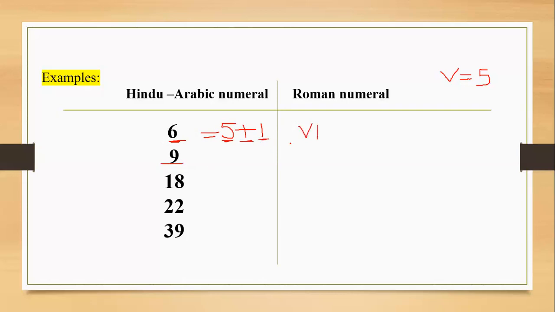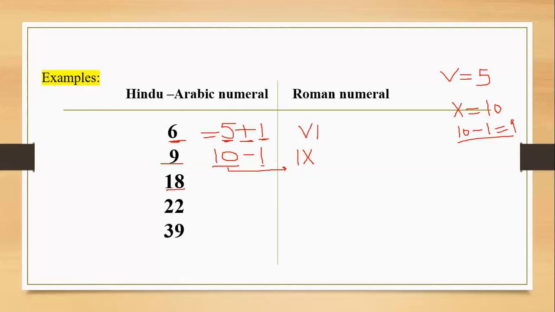Now next, we have to write the number 9 as a Roman numeral. We know that the standard symbol for 10 is X, and X represents 10. If you do 10 minus 1, it is equal to 9. Here we are subtracting, so we write 9 as 10 minus 1. For the 10, we have the standard symbol X. Children, whenever you are subtracting, you have to write that 1 on the left side of the number 10. So for the 1, we will write I on the left side because we are subtracting.